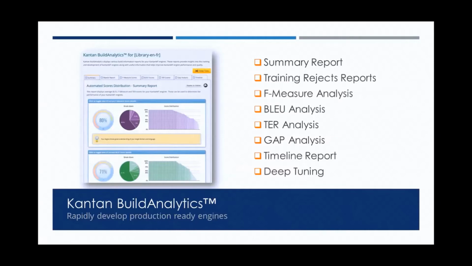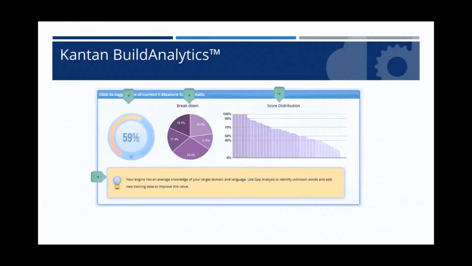It's highly graphical, and we've built a technology called Canton Insight that helps engineers that perhaps don't have formal training in machine translation technology, are just learning the trade, so to speak. We've given this technology called Canton Insight that coaches them on how to improve an engine and what steps to follow in order to improve the BLEU score, the F measure score, and the TER score during the development phase